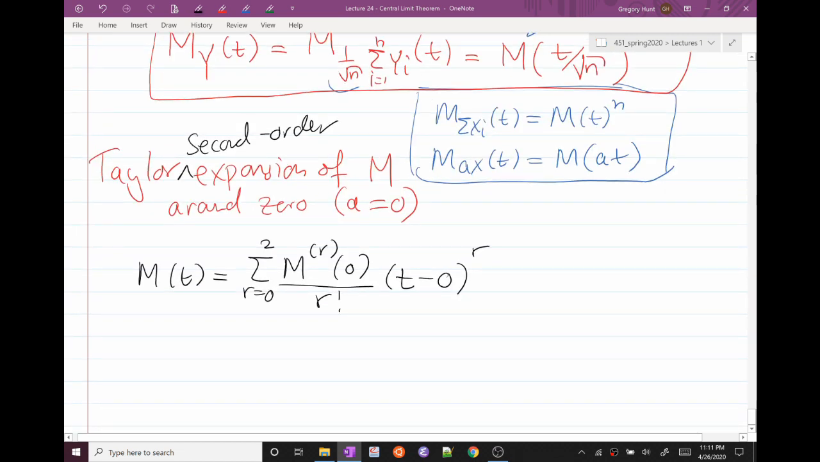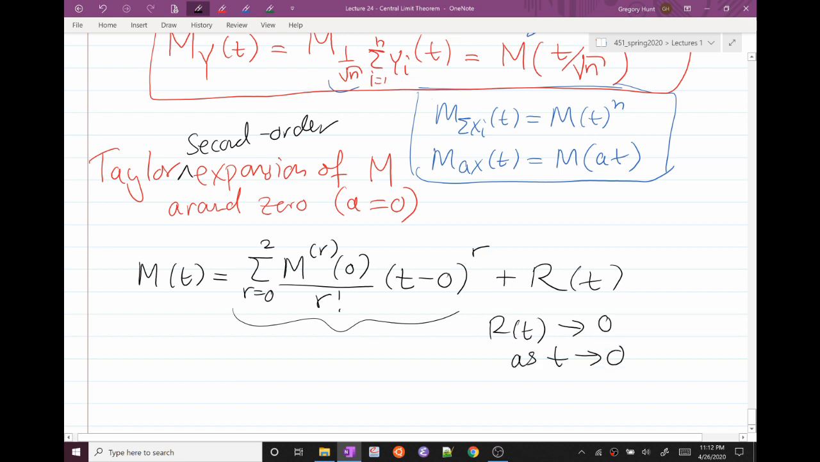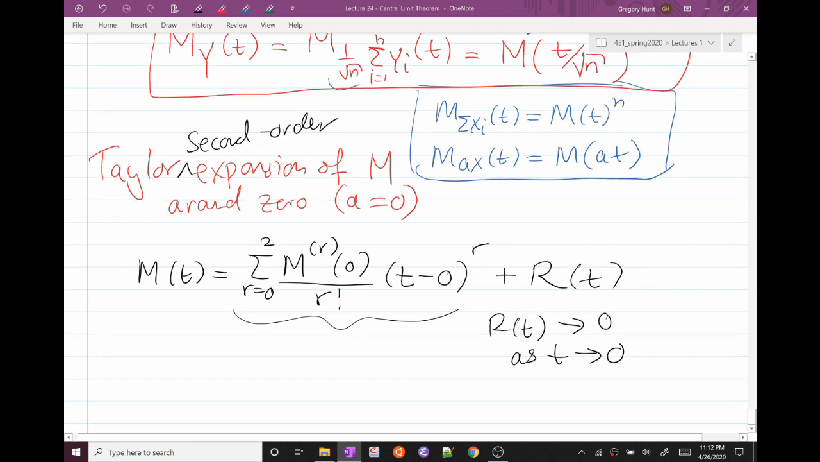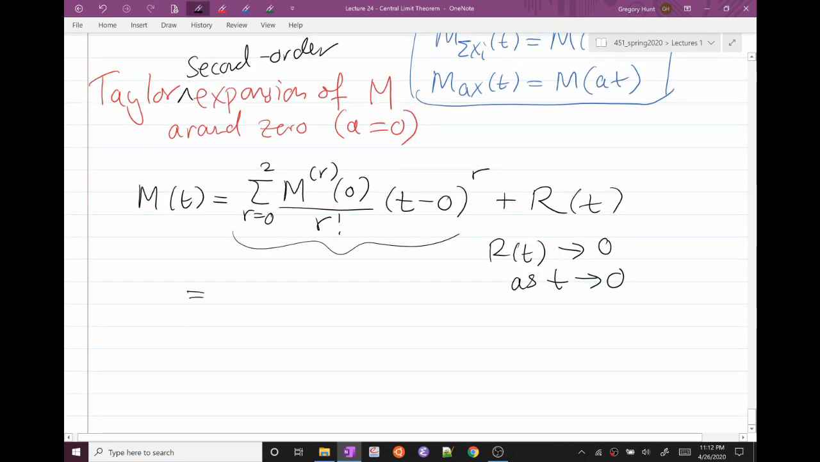So in our case, we know that m of t is this Taylor expansion, this second-order Taylor polynomial, plus some remainder that depends on t, but r of t will go to 0 as t goes to 0. So if we can simplify this a little bit,